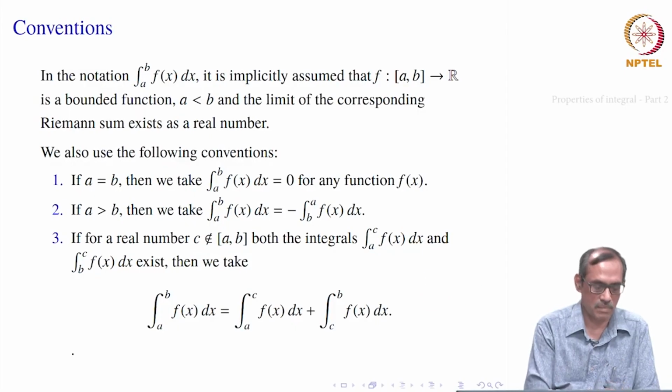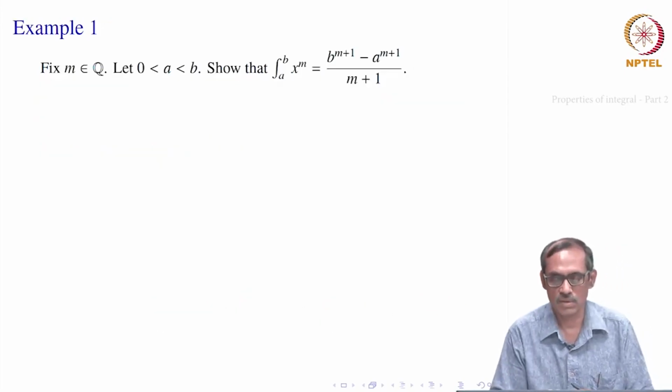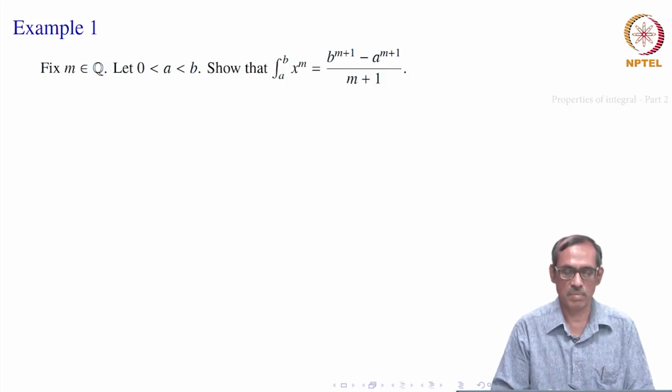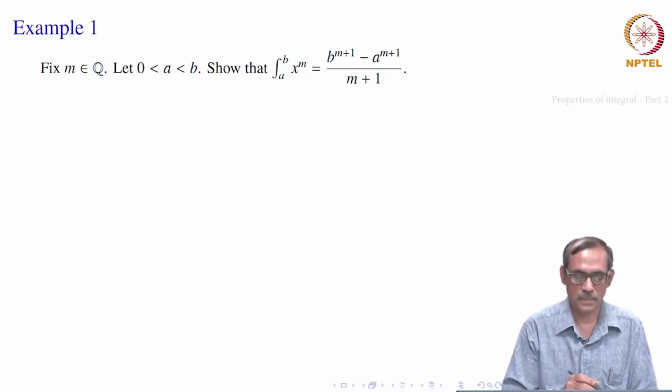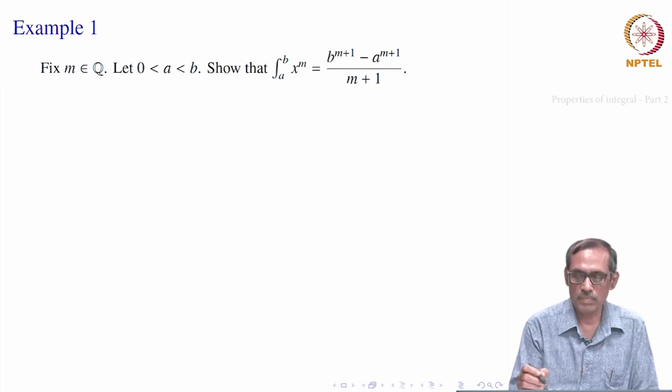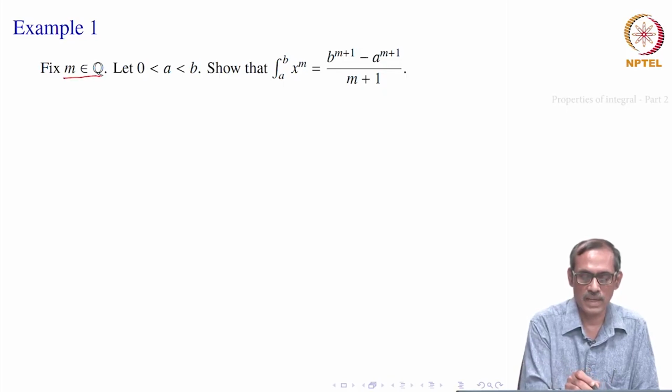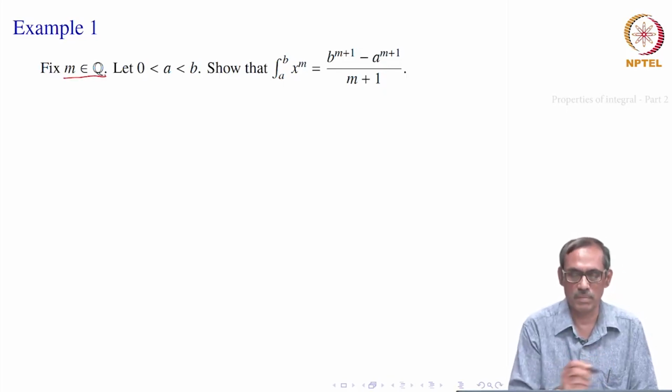Okay, let us take an example and see how these properties help us in evaluating integrals. Suppose we put some m which is a rational number, because only rational powers we have defined. We can also take real numbers whenever it is well defined, but it should be a continuous function and so many other things. So, just to make it simpler, let us take that m is a rational number in the form p by q.